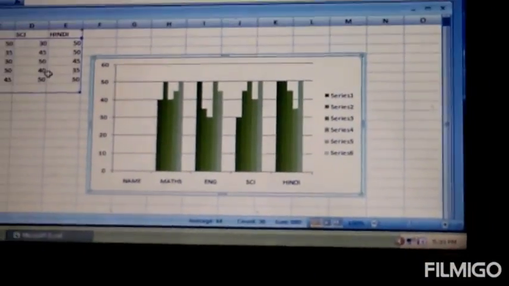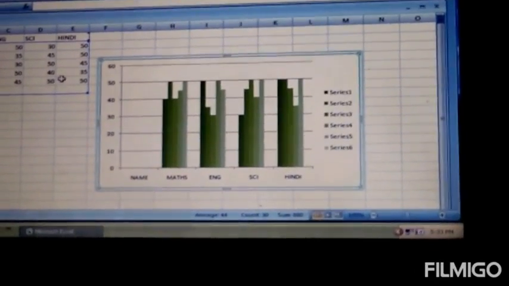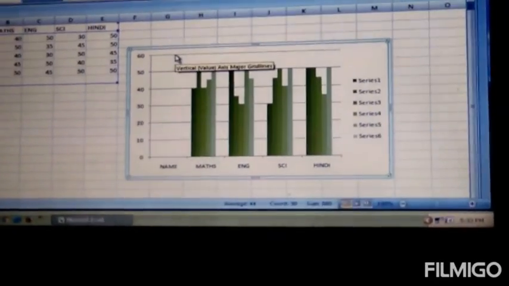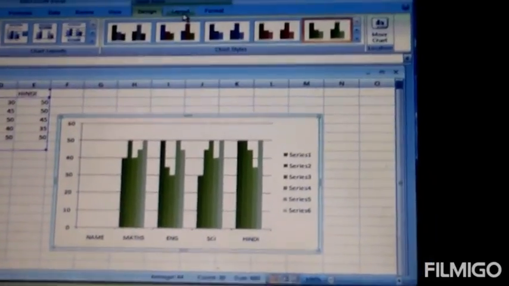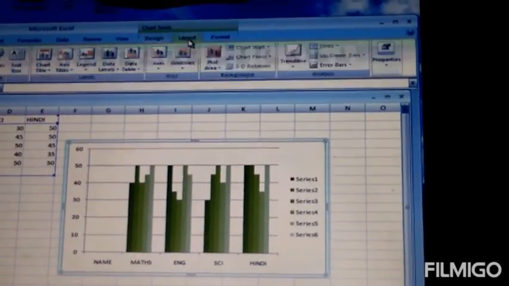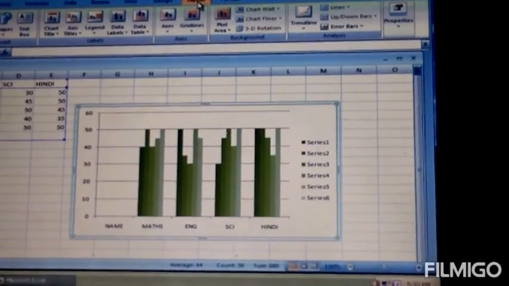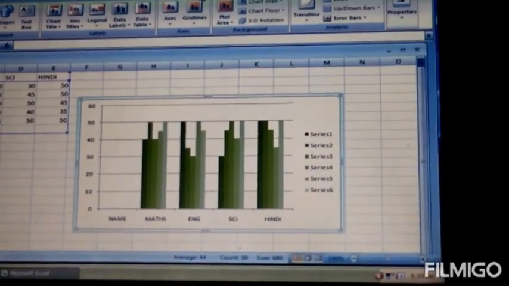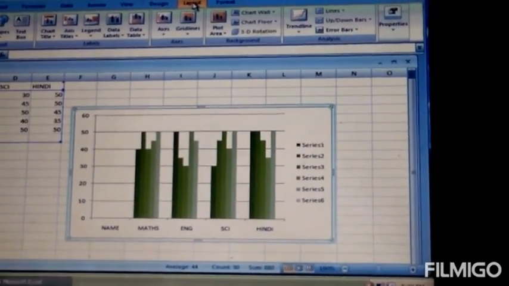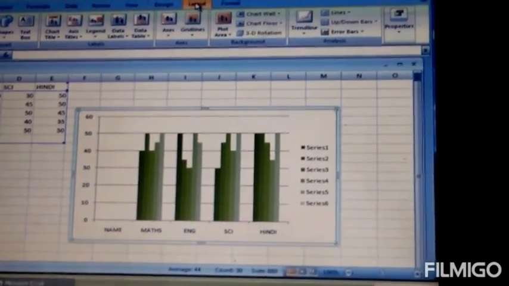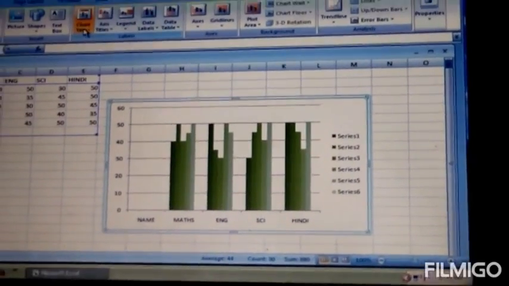Next we will discuss the elements of a chart. Firstly, adding a chart title. Click on the Layout tab. Students, remember, two tabs, Format and Layout, will appear after creating a chart. Now click on the Layout tab and Chart Title.